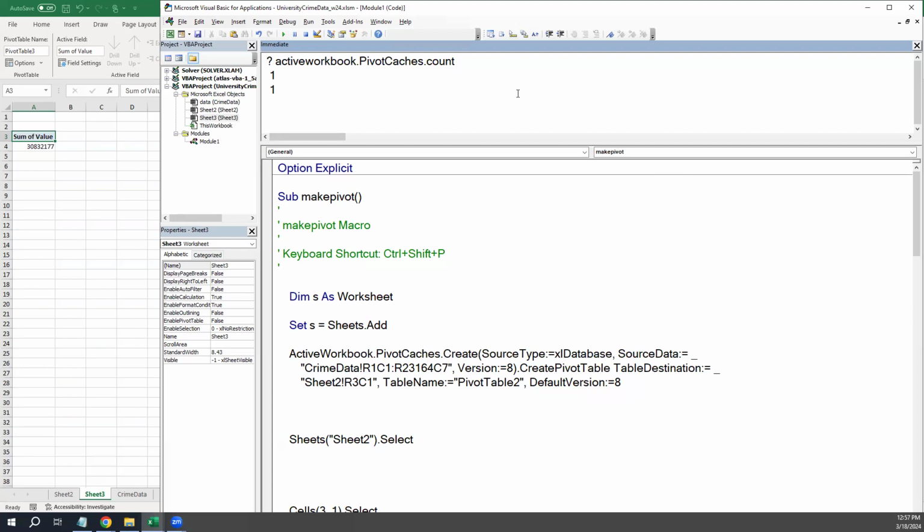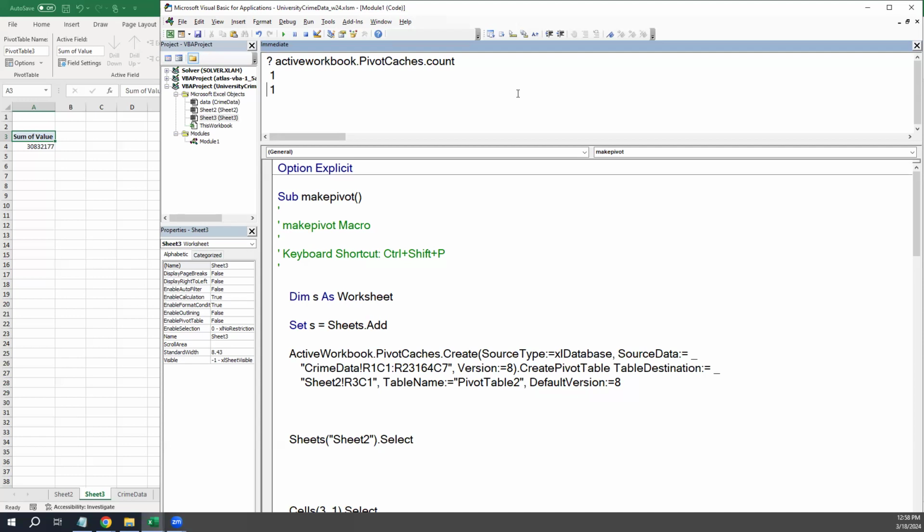Still just one. And the reason is I have two pivot tables built on the same source data. And so it says, listen, we're going to build a pivot table. We've got to have a pivot cache for it. But if we're going to have 2 or 3 pivot tables built on the same source data, that's what the pivot cache is for. Rather than going back to the source each time to build the pivot table, it says, we've already gone through part of the work to get this data organized in a way that it's ready for